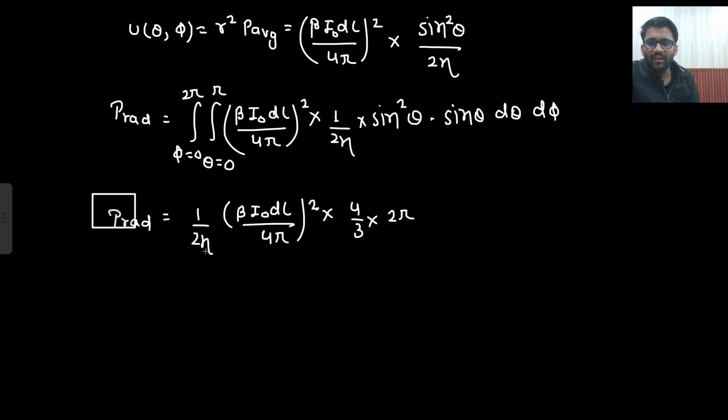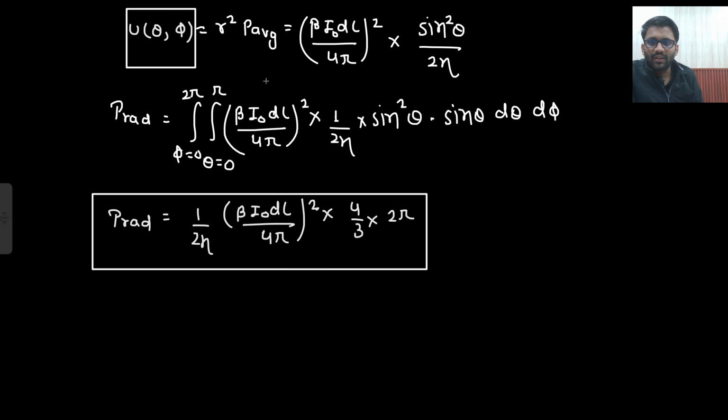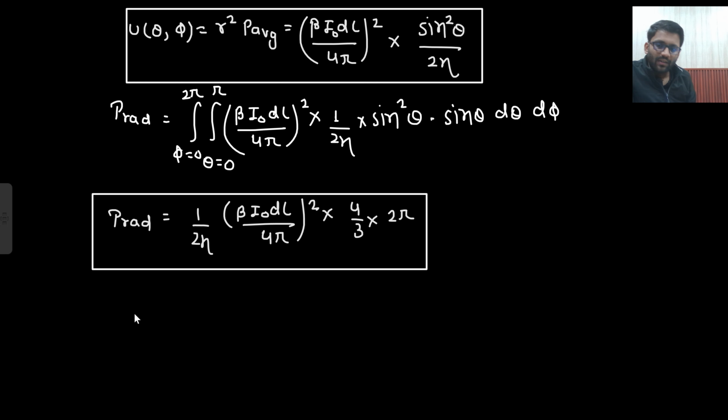So we have found out P radiated as well. We have found out U theta comma phi as well. What do I need to find? Directive